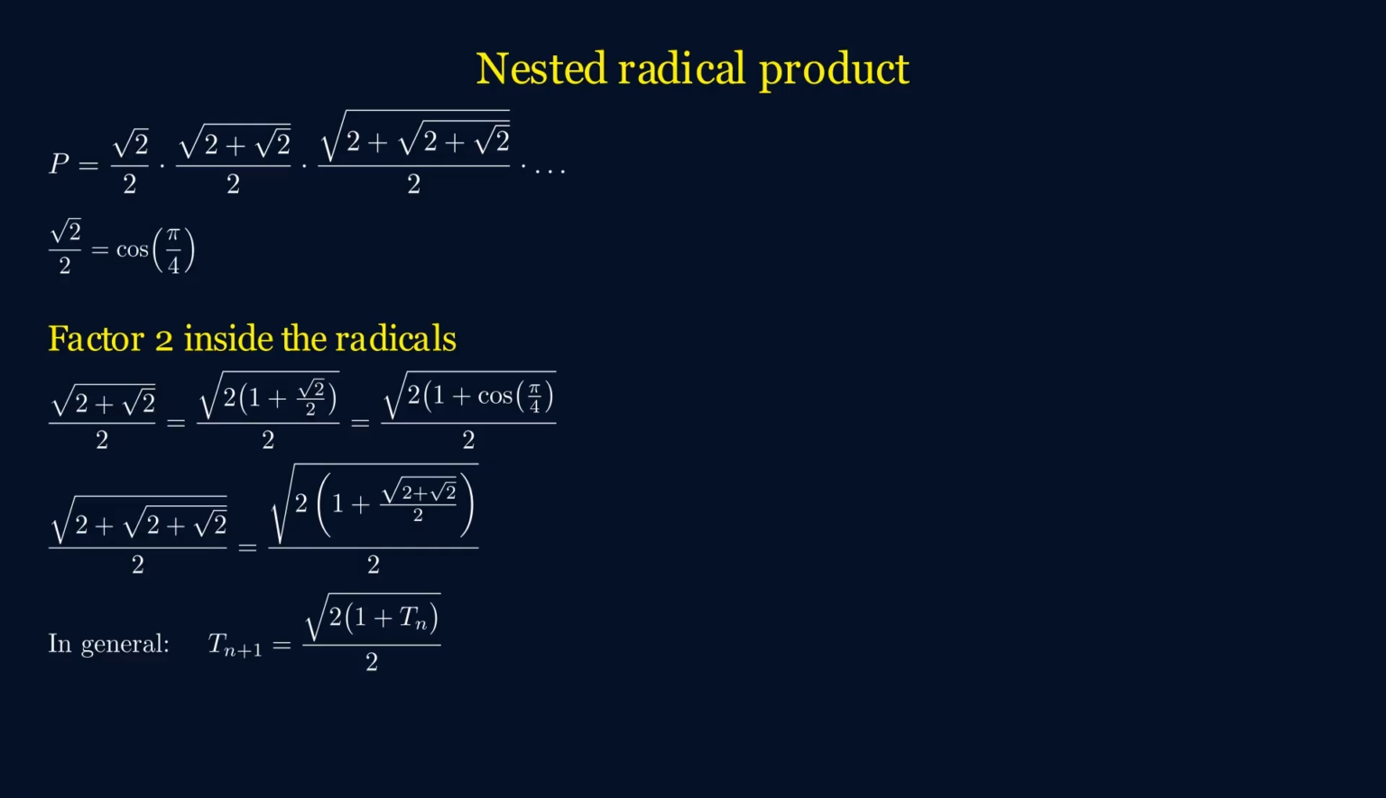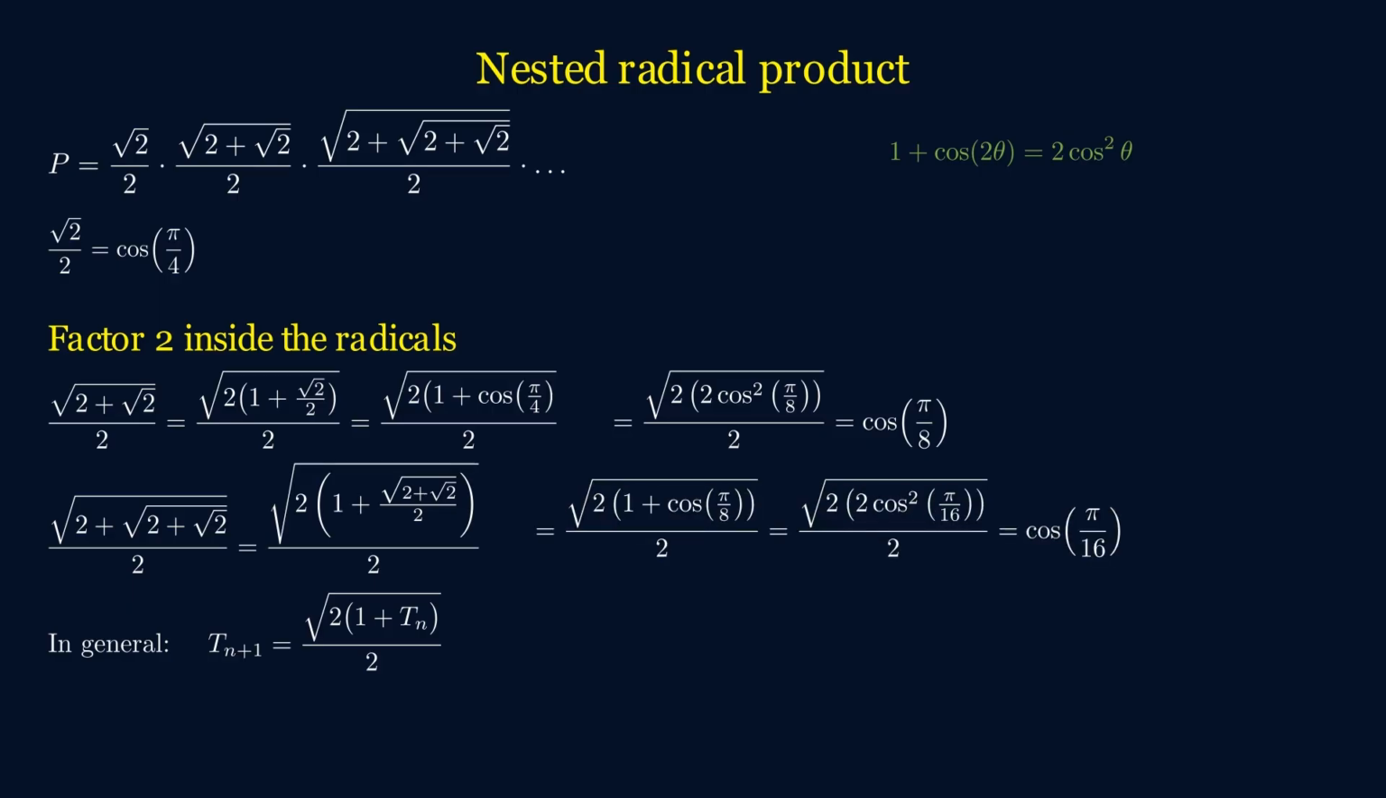Then we rewrite the inside. Apply that very beautiful trig identity: 1 plus cosine of 2 theta equals 2 cosine squared theta. And suddenly, boom, everything collapses neatly into cosine of pi over 8. And the next term does the same thing. It becomes cosine of pi over 16. And then cosine of pi over 32, and so on. So our product P becomes